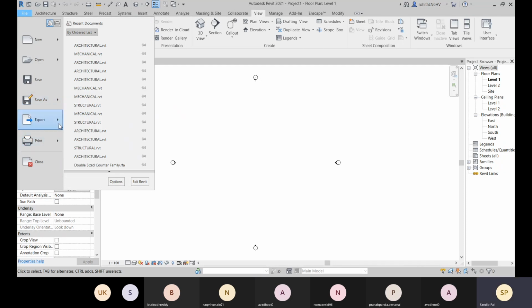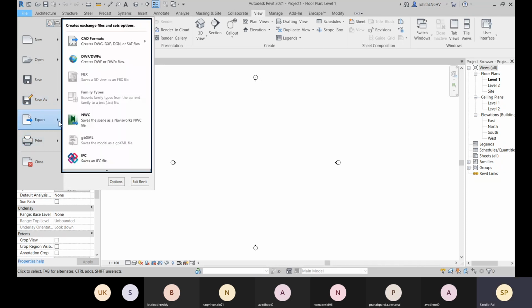you can print it also. You have this Export option, so you can export it in different formats. To convert it into a different format, you can choose this Export option. So, the DWF, CAD formats, you can generate it as a DWG file.